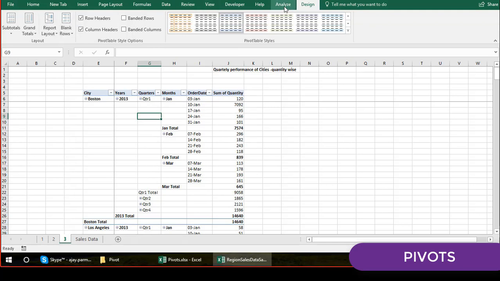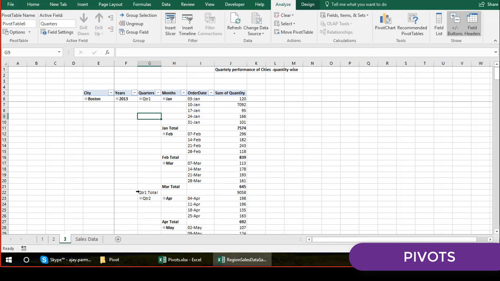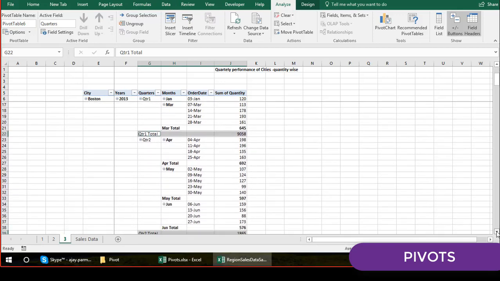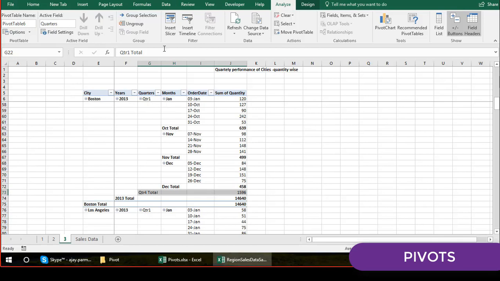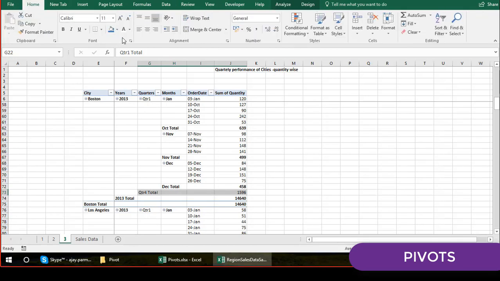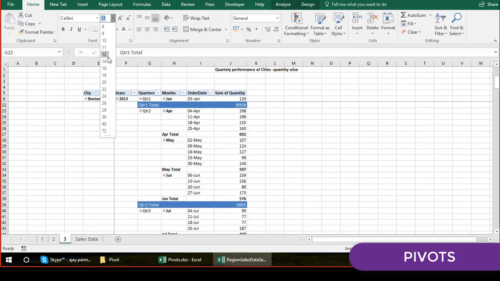So we go to the analyze, expand this. Okay, now I go and select this. I click on this quarter one, and you can see quarter two is selected, quarter three is selected, everything is selected. Let's give them the color called maybe this color, white font. Let's make them a little bigger in this way, you know. Yeah, that's how you can do that, right?